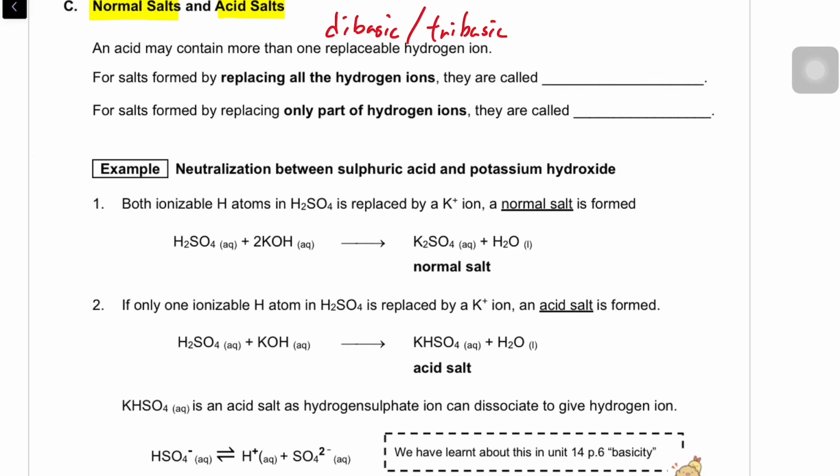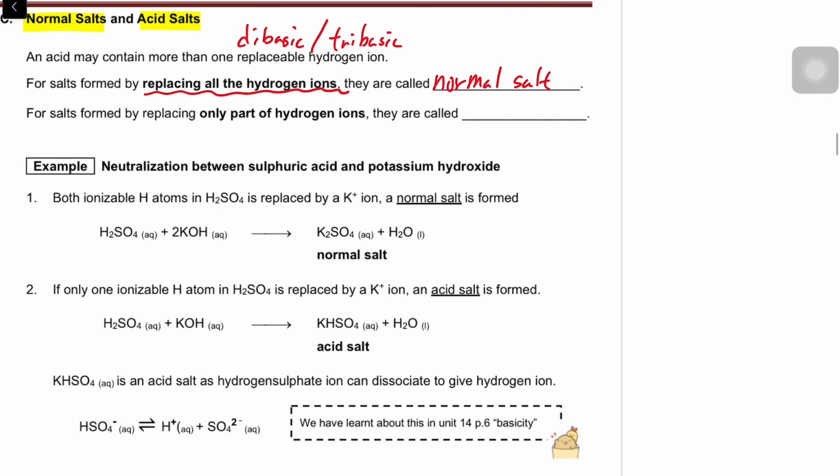If all the hydrogen ions are replaced, they are called normal salt. We have plenty of choices, for example, sodium sulfate, sodium carbonate, etc. All of them are from dibasic or tribasic acid, with all the hydrogen from the acid